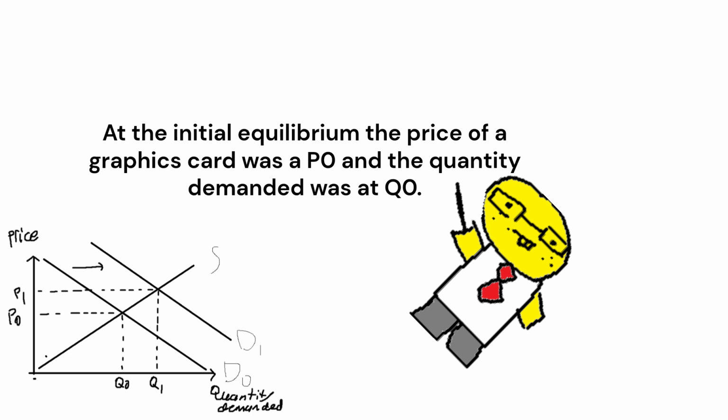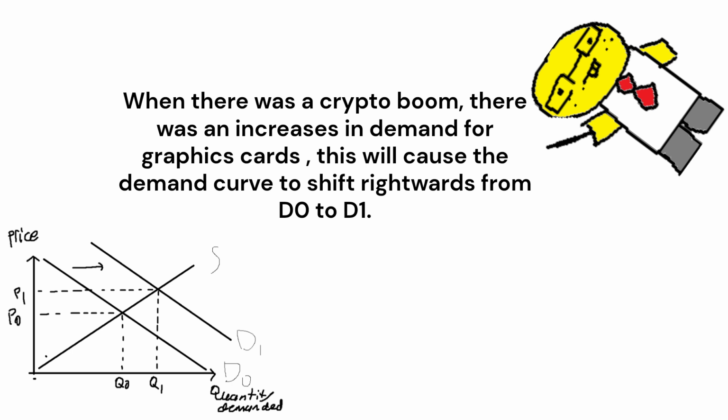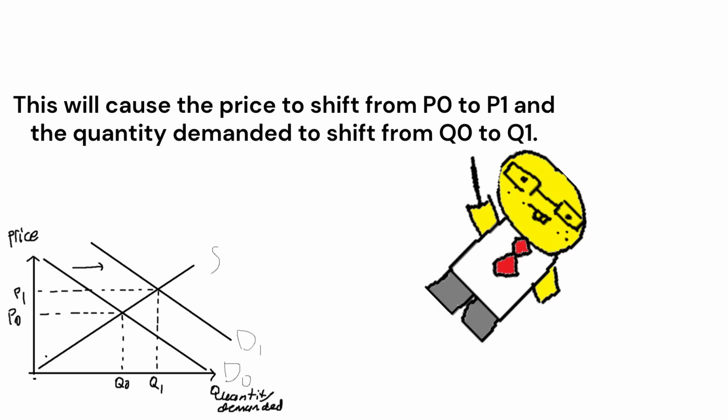As you can see from the graph, at the initial equilibrium point, the price of the graphics cards was at P0 and the quantity demanded was at Q0. When there was a crypto boom, there was an increase in demand for graphics cards. This will cause the demand curve to shift rightwards from D0 to D1. This will cause the price to shift from P0 to P1 and the quantity demanded to shift from Q0 to